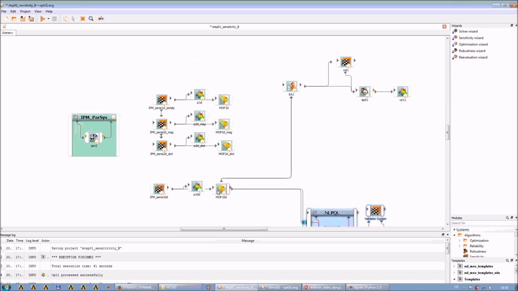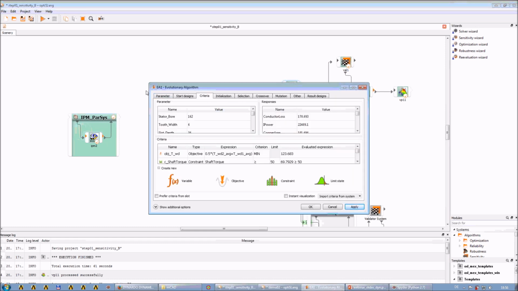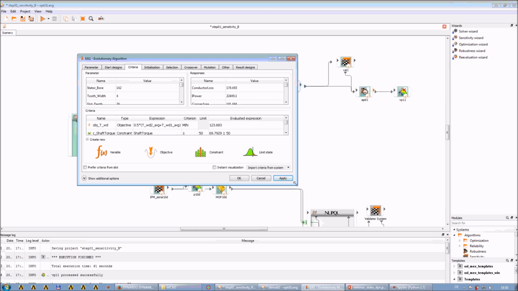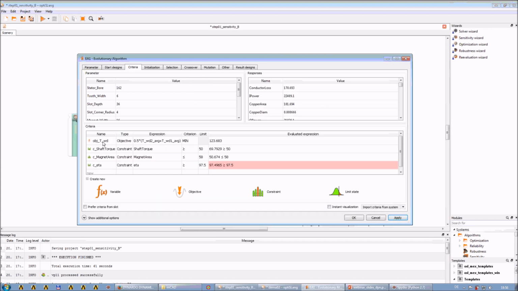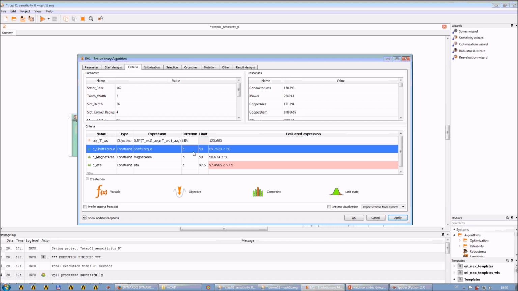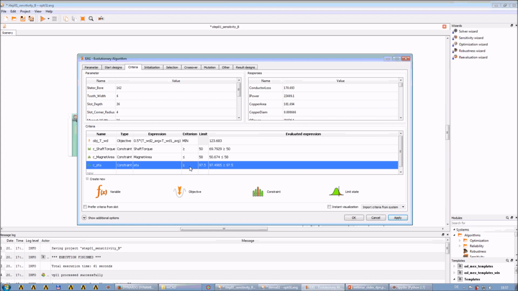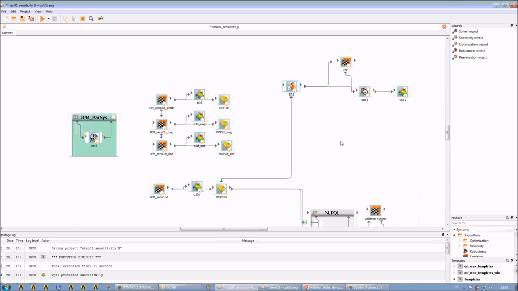So here, the meta model was used for an optimizer. And this optimizer is an evolutionary algorithm. It's a powerful global searcher. It has the goal to minimize, here's minimization, minimize the winding temperature. And it has three constraints: keep the torque above 50 Newton meters, keep the magnet cross-section below this value, and keep the efficiency above this value. And it went through a couple of designs, and it found an optimal point, and it found this optimal point on the meta model. So you can see here the meta model solver,